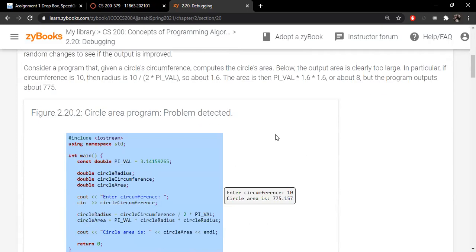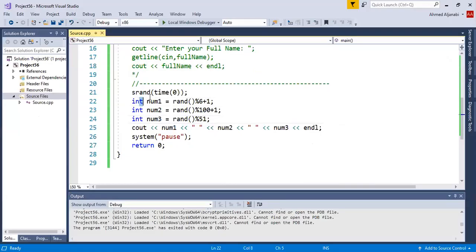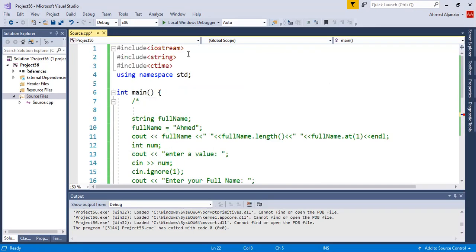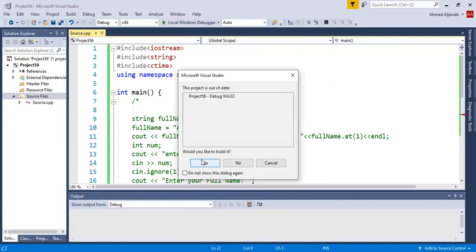So let me start with the syntax error. I'm going to jump into Eclipse, and I'm going to make a mistake here: int with an uppercase T. Now, immediately the compiler will give you a wavy line here. It's going to tell you, well, I have no idea what this is. But imagine you're not looking at it. So if you run it,